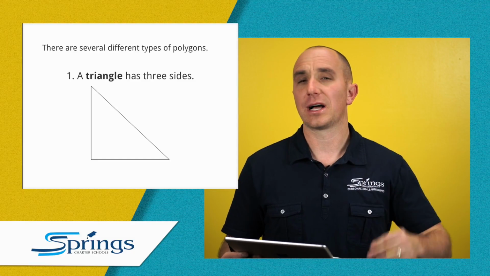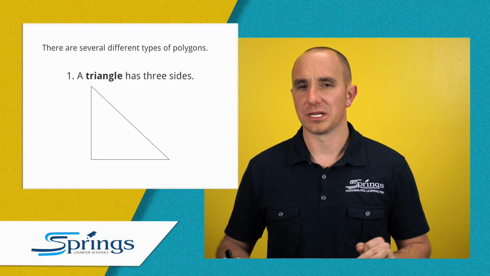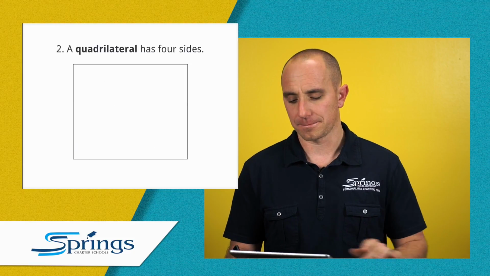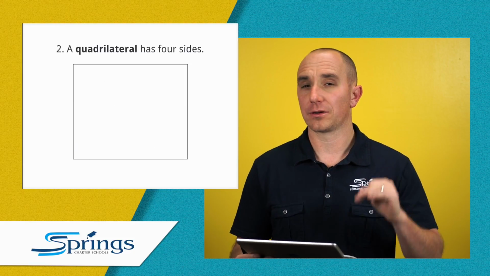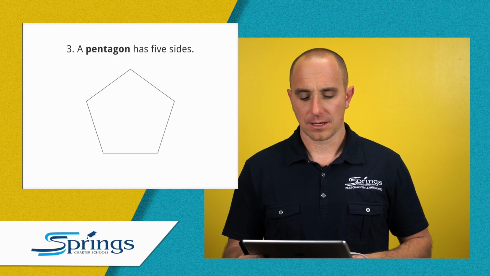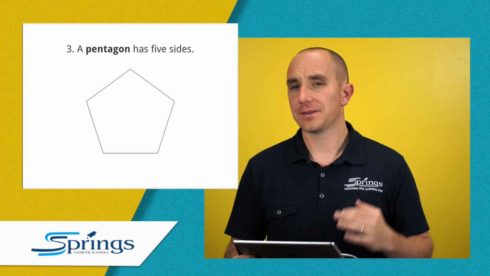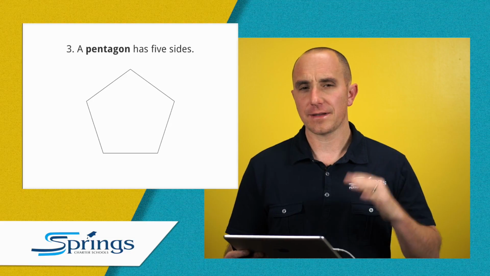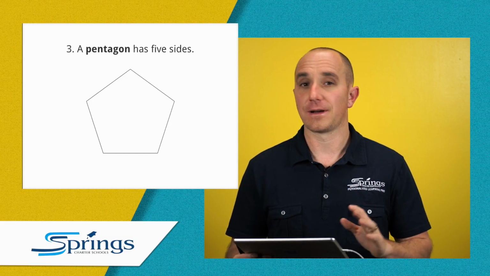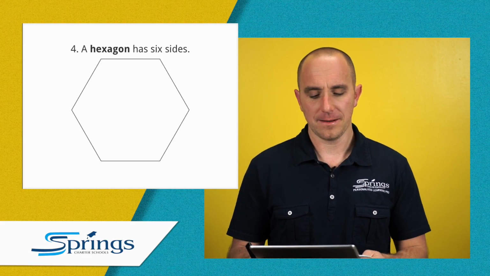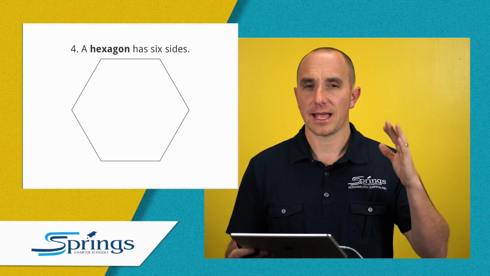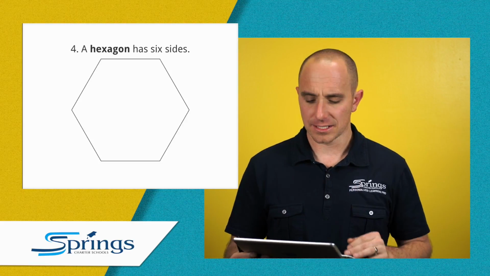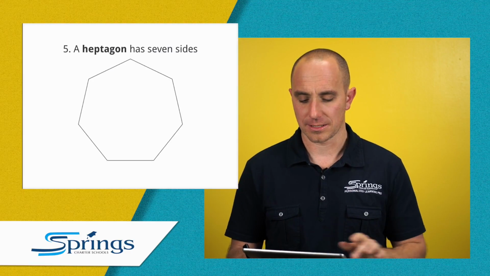So a triangle has 3 sides, tri means 3. So a triangle is a 3-sided polygon. Okay, a quadrilateral, quad means 4, and a quadrilateral has 4 sides. Okay, a pentagon has 5 sides. Pent means 5, and penta has 5 letters, if that helps you. Okay, hexagon has 6 sides. Hex means 6, and hex and 6 have an X, so a hexagon is a 6-sided object, or excuse me,